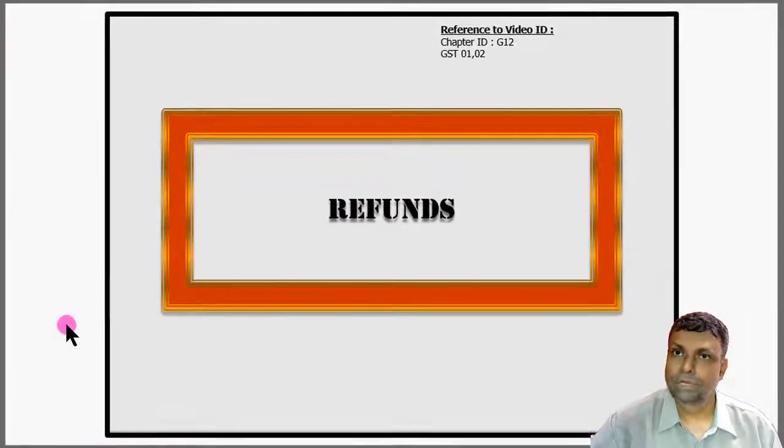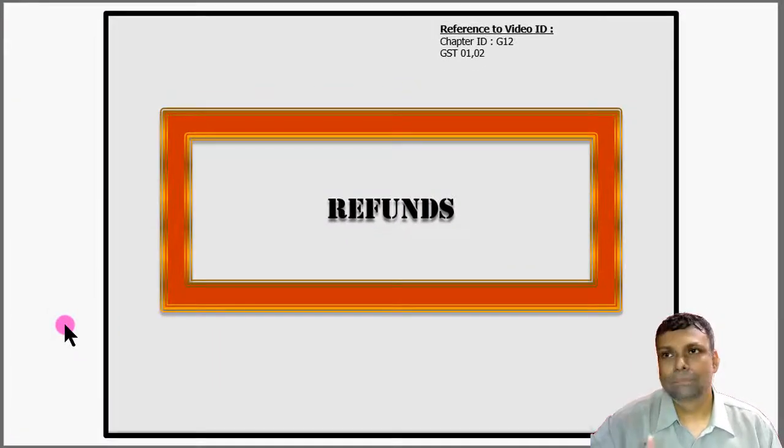Provisions relating to the refund. Friends, I've already explained to you many times, even in my regular class, even in the customs, that there is a concept called unjust enrichment. Under the indirect tax laws, the duty burden always gets passed on to the next shoulder. In the economy, when goods are sold by one person to another, to a third person, to a fourth person, each time the tax burden gets passed on to the next person, and the ultimate consumer of those goods actually bears that tax burden.